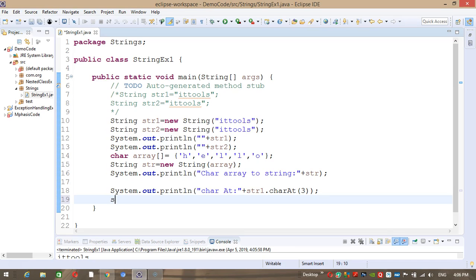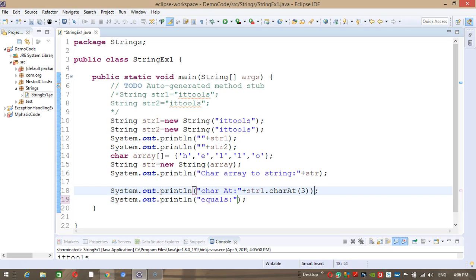Then it provides us the equals method, as I discussed with you in the previous example. I'll explain this method in this string session. So what does this equals method do?